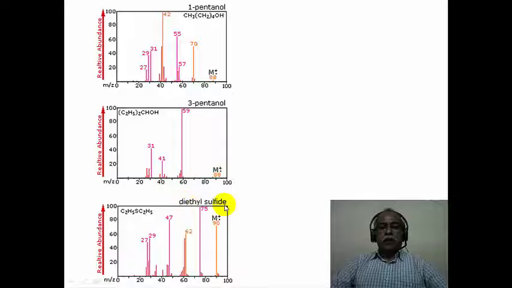In the case of diethyl sulfide, for example, there is a loss of a methyl group which corresponds to the fragment at 75, and the other masses are also seen because of the subsequent fragmentation of the ethyl sulfide. The 29 and 27 are coming from the ethyl group, for example, and the 47 could be coming from the loss of a methyl group, which results in the formation of a CH2=S+CH2CH3 group. That kind of a group will come around 75 or so with the loss of methyl group.